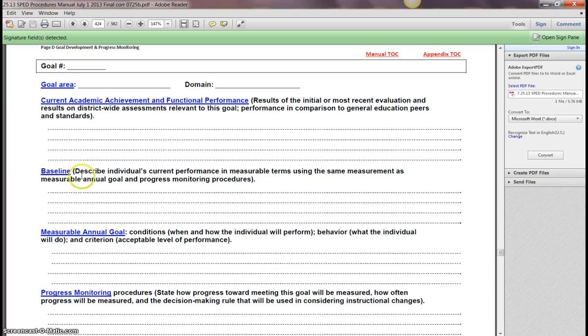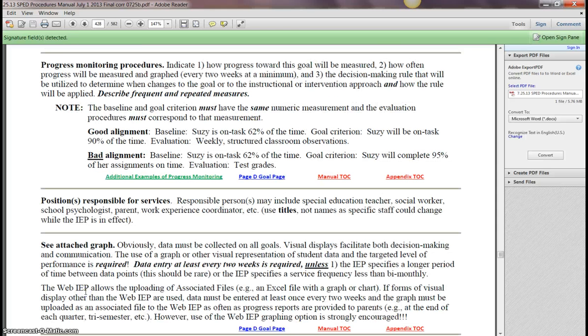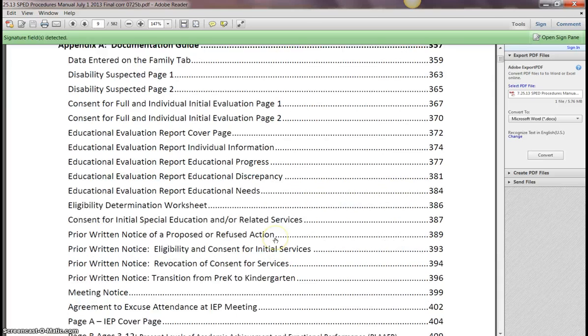And each of these is a link as well. So if I click on, for example, let's go to progress monitoring. Notice it takes me to guidance that I can read there. And they have it set up pretty well too here, where you can jump back to the table of contents for the appendix. So if I click here, it takes me right back